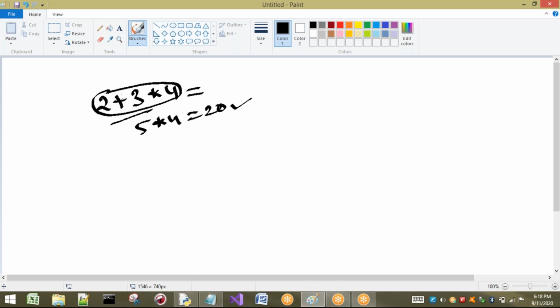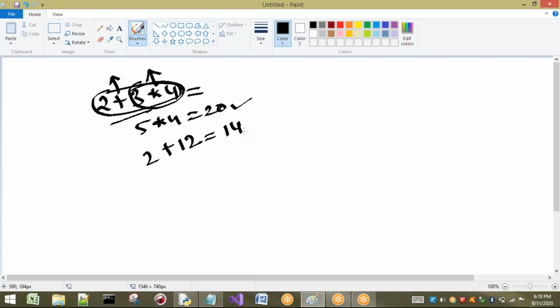Here how many operators are there? One is the plus operator, the second is the multiplication operator. Compared to these two, multiplication has the highest precedence. So first 3 into 4 will be performed, so the answer is 12, plus 2. Then plus is done, so the answer will be 14.